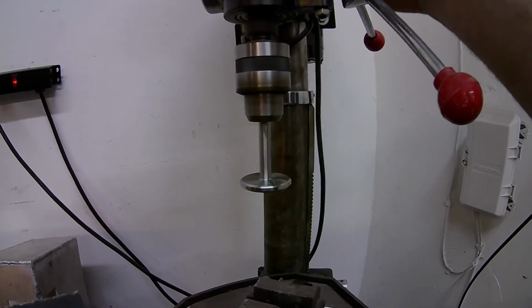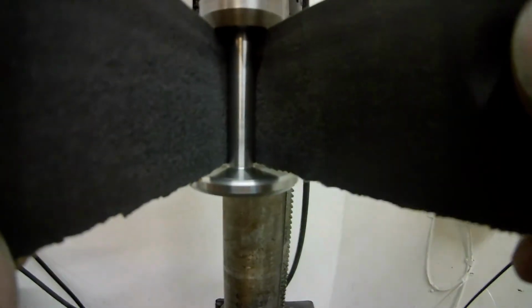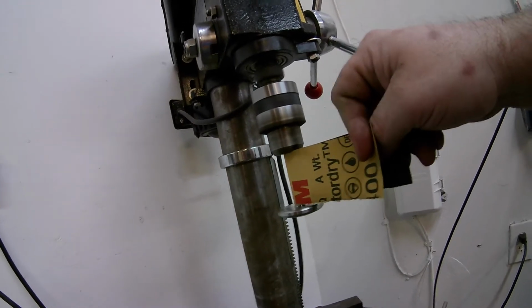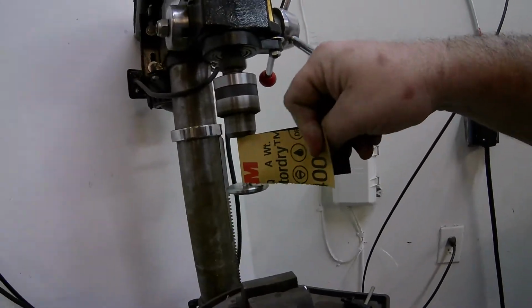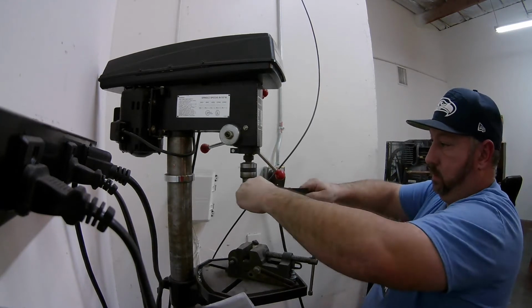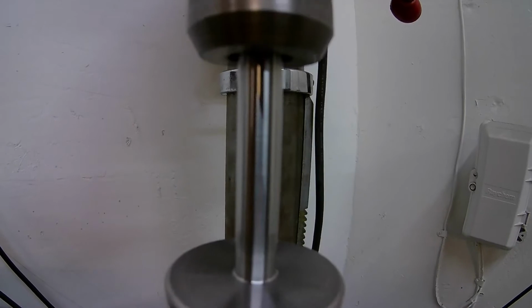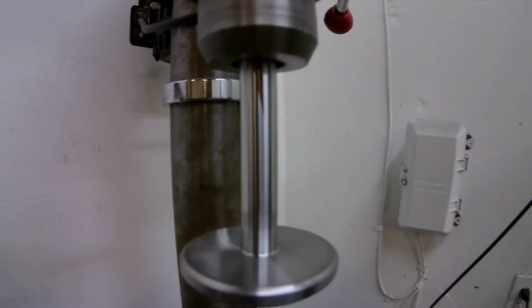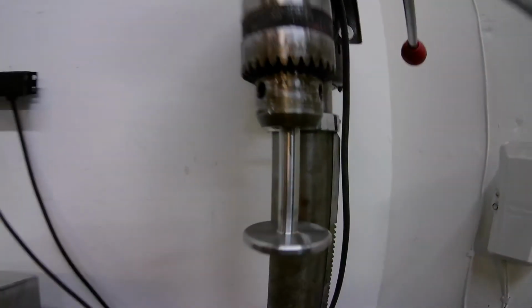We're just going to pop this up here. I'm going to go ahead and grab it with one hand and the other. And as that drill press spins, we're just going to hold this here just like that. You can kind of move it up and down, left and right. Just make sure you're getting every bit of it. Nice and shiny. And it looks all nice and shiny, so we're going to go ahead and